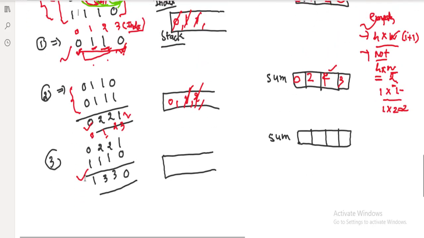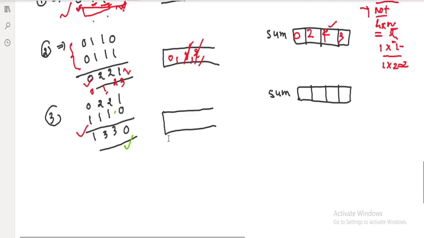So how can we compute? Add all those values. It comes to 1, 3, 3, 2. Now let's see how we can solve it. First value comes to 1. Let's write the index below here: 0, 1, 2 and 3. Now the first value comes to 1.